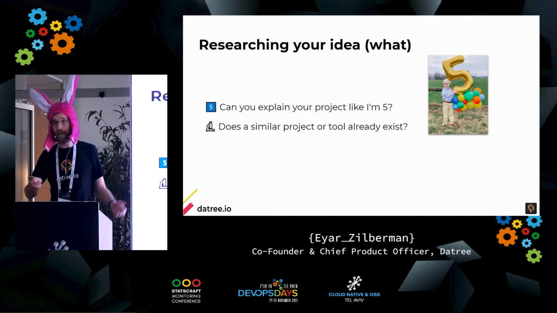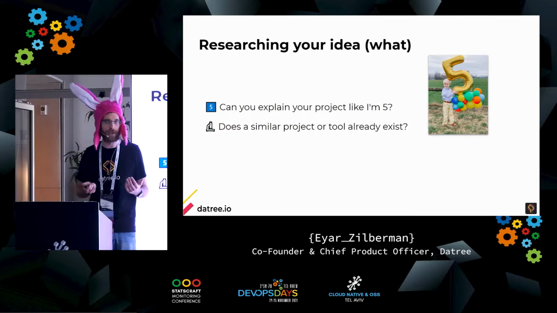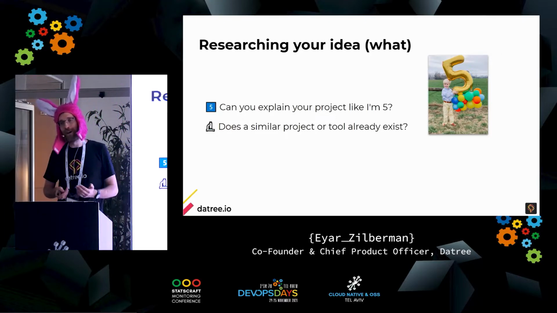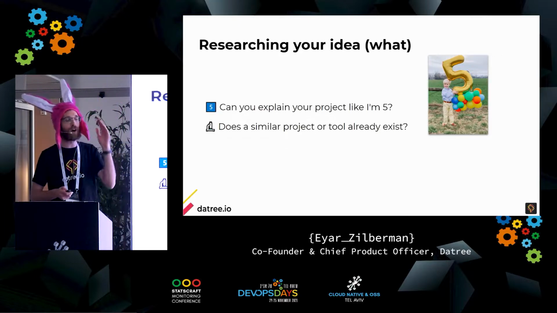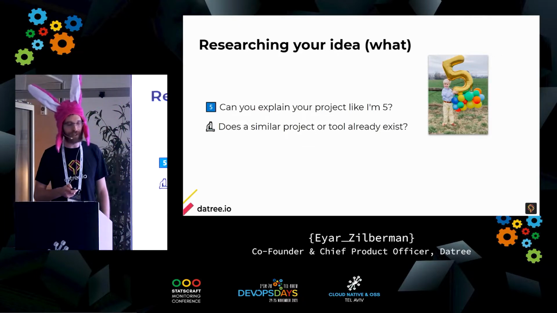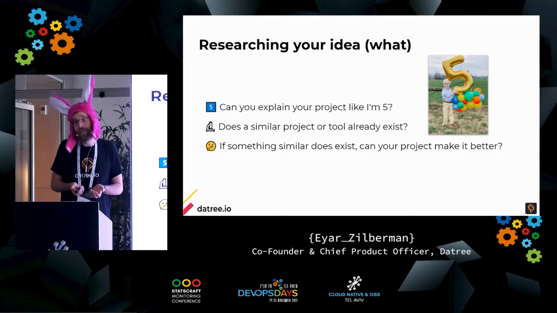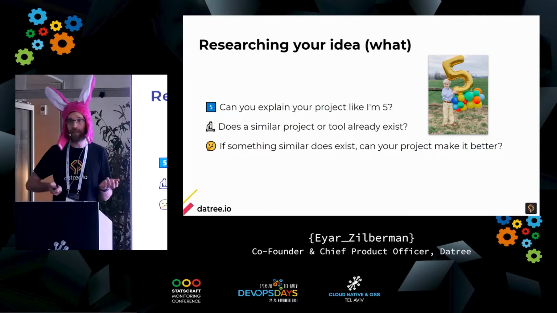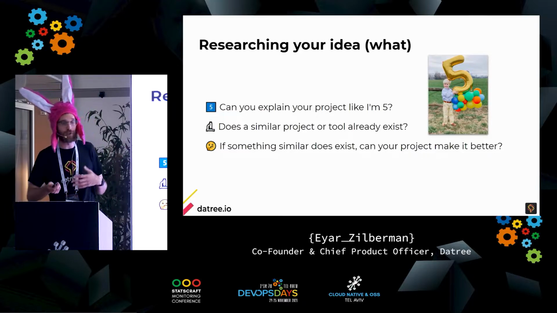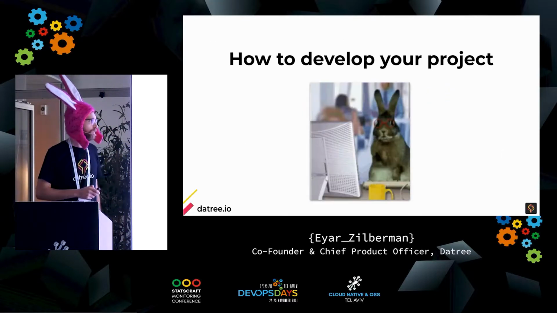And now we need to go, again like a startup, and do research. Maybe there are other open source projects that are doing the same. You're probably going to find someone else that already did it, and it's fine. Don't be scared. Don't say, oh wow, now I'm not going to waste my time on that. It's totally fine. It's just important to know if something like that exists. Maybe it's doing it better than the way that you plan to do it. And then you just need to open a pull request if it's missing one functionality or one feature that you want. And that's all. You don't need to go through the whole hassle of building it from scratch. But it's important to understand that.